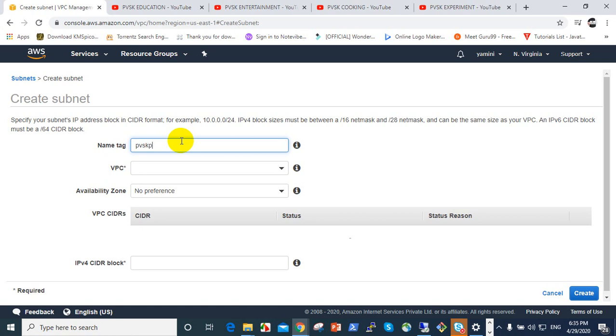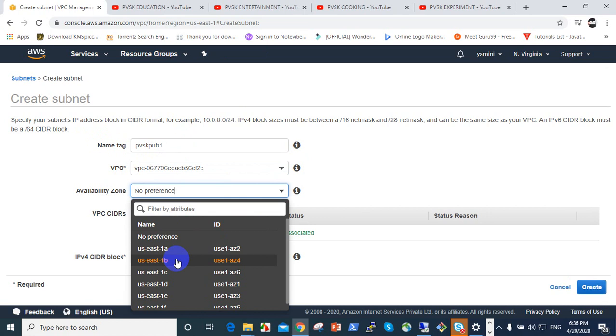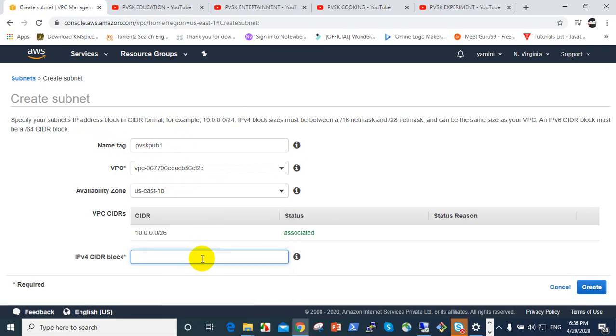PVSK pub1, for identification purposes, a naming convention. Here change the subnet availability zone to 1B, with 10.0.0.32/28.